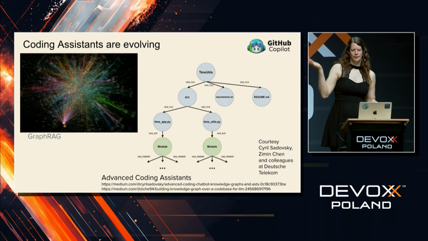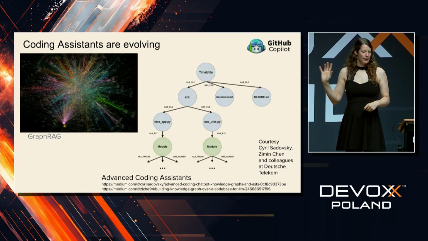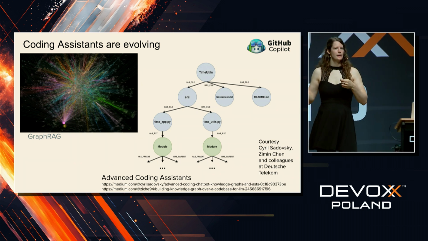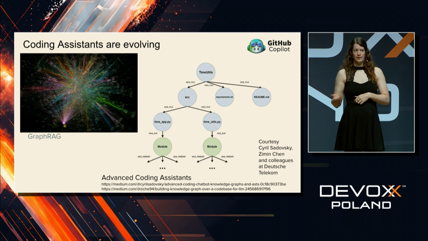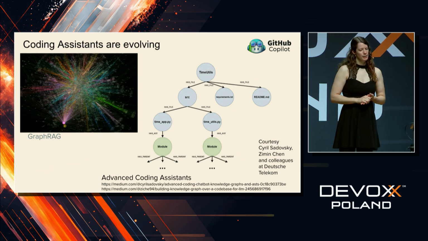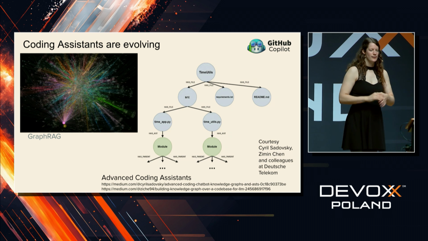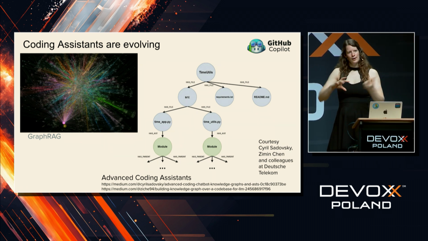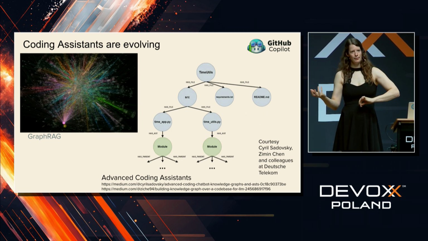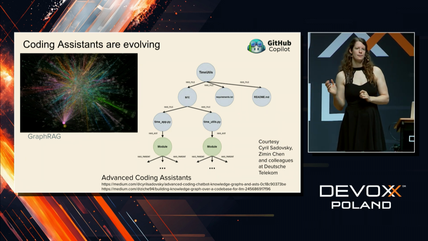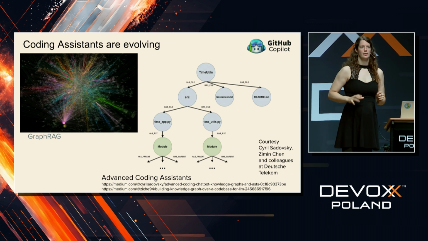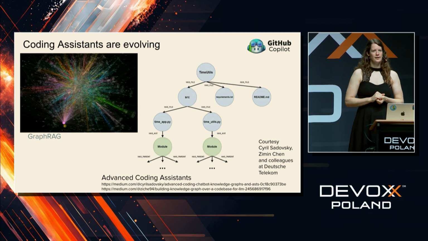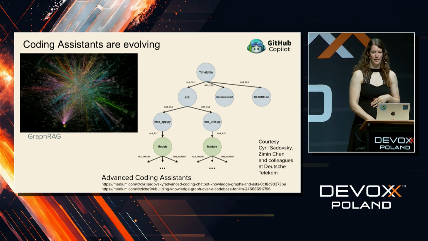Now, as we think coding assistants, we probably think GitHub Copilot or IntelliJ AI assistants, but they work fine for certain use cases, and then when it gets a bit more complex, they fail. And so people are working on making them smarter with very smart approaches like using knowledge graphs of your code to inform the model, and then you can ask very different questions about your code and look through your entire code base very efficiently. This is work in progress of a team at Deutsche Telekom, so I'm really curious what's going to come out there once they're ready.